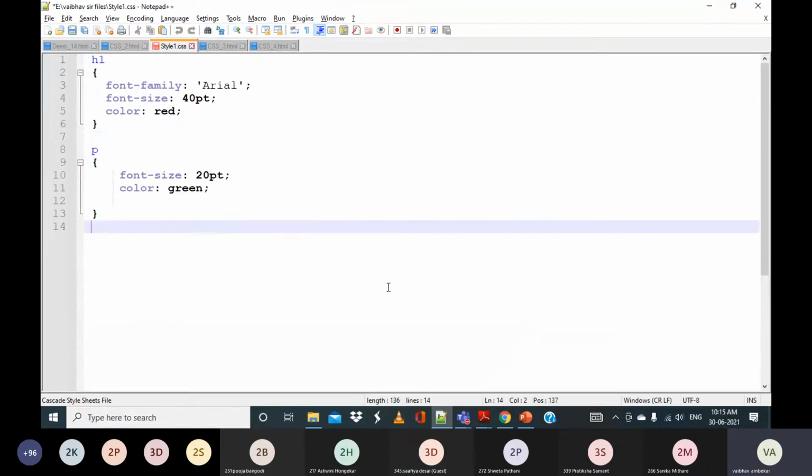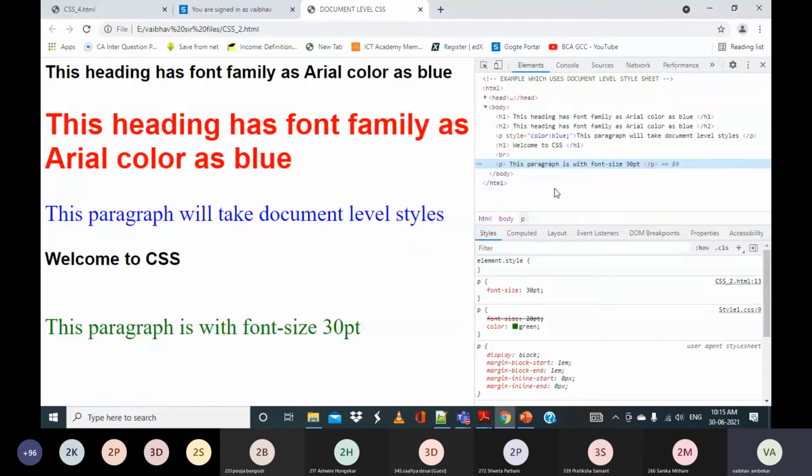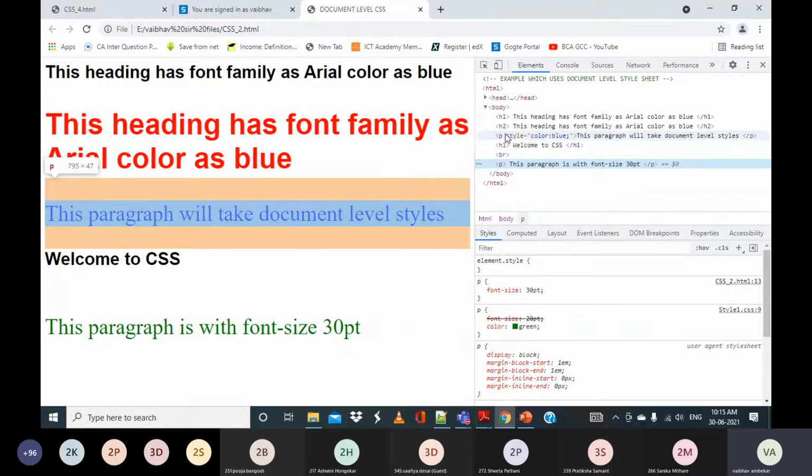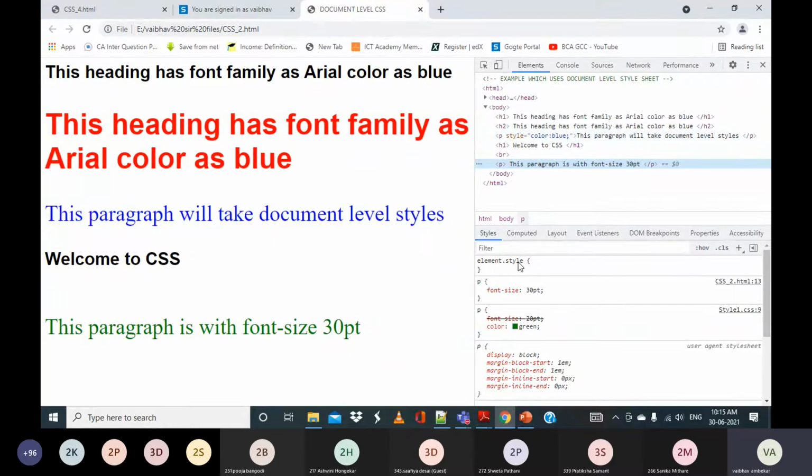Yes or no? So that will be indicated with this inspect element. This is a very good tool. It will be available in any browser. So just right click on that, and if you click on this particular paragraph or any tag, you will get to know their properties. Okay, so here it is seen that font size 20 has been cancelled.